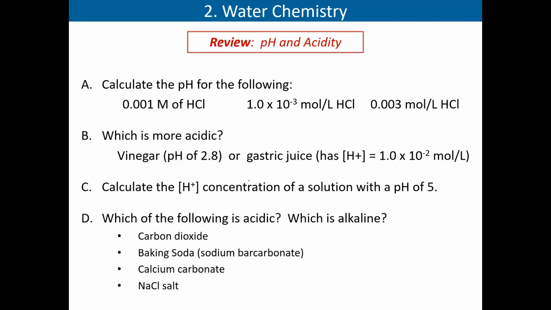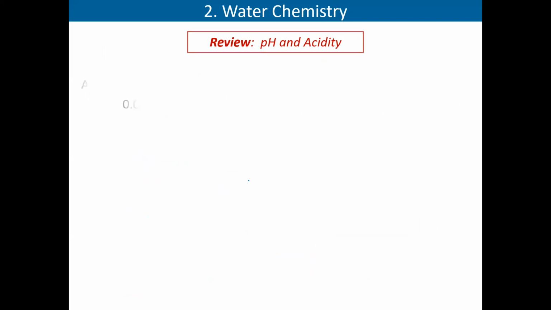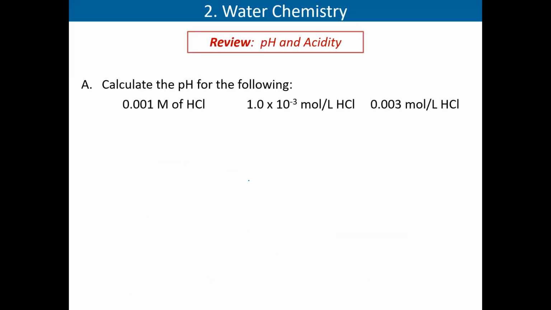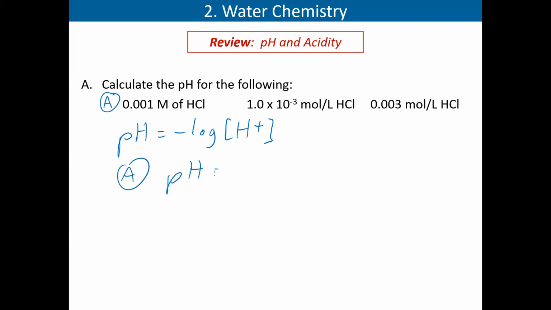So I have some questions here regarding pH and acidity. Let's take a look at A first. A says calculate the pH of the following. Basically you just have to remember the pH formula, which is pH equals minus log H positive. So we'll call this one A. A, pH equals minus log